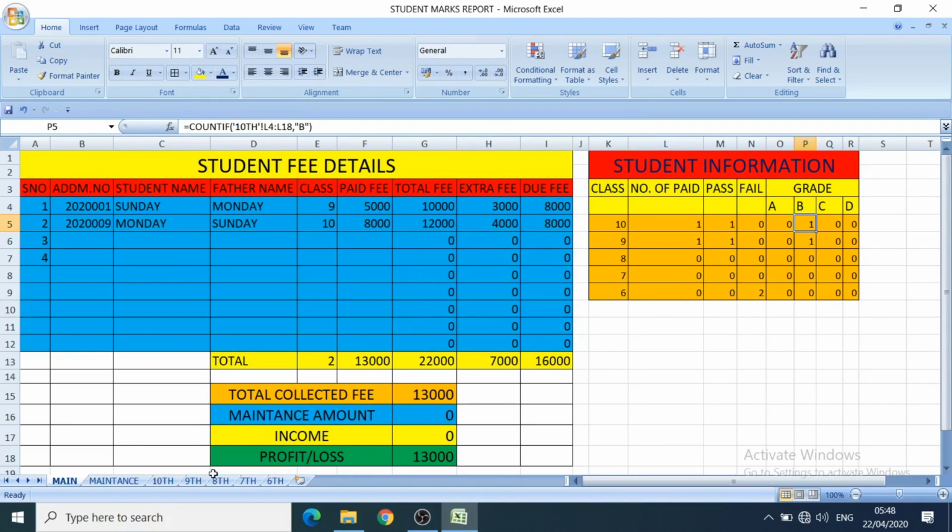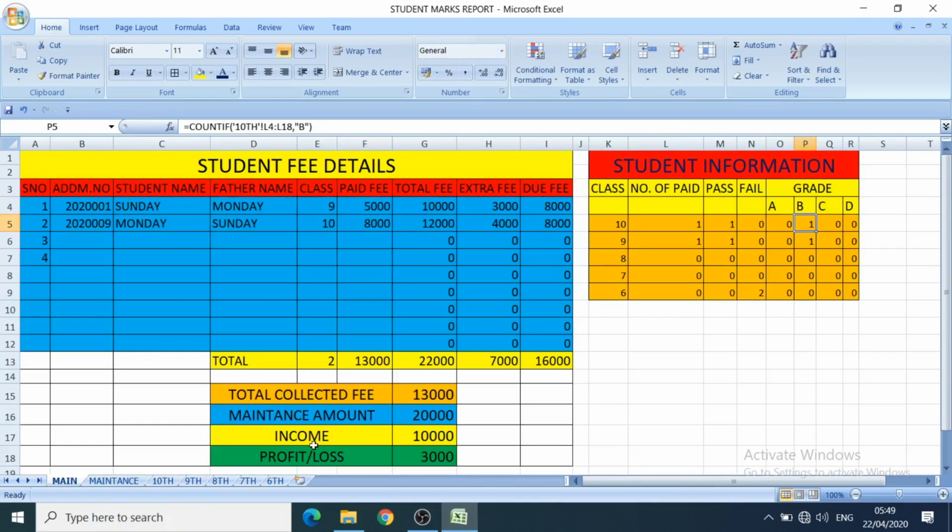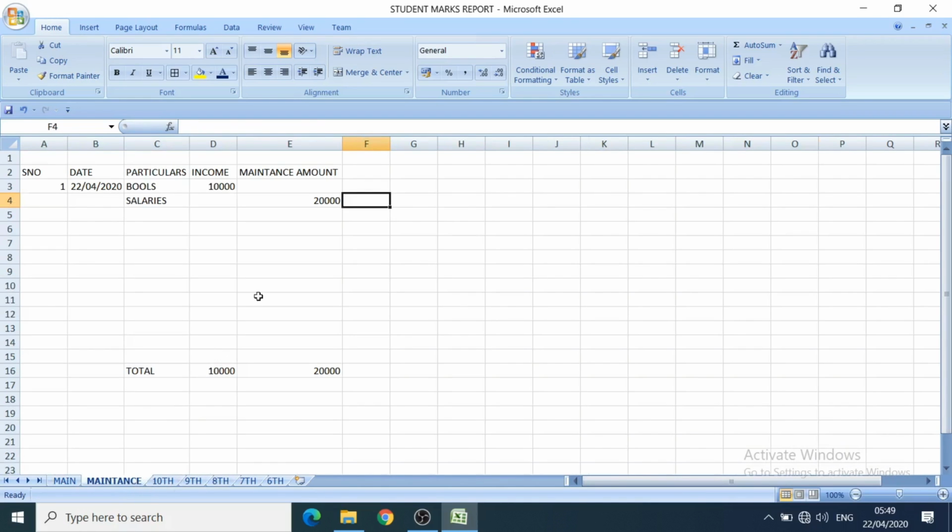Then if you go to the maintenance sheet, for books I got 10,000 income, and for salaries I paid 20,000.